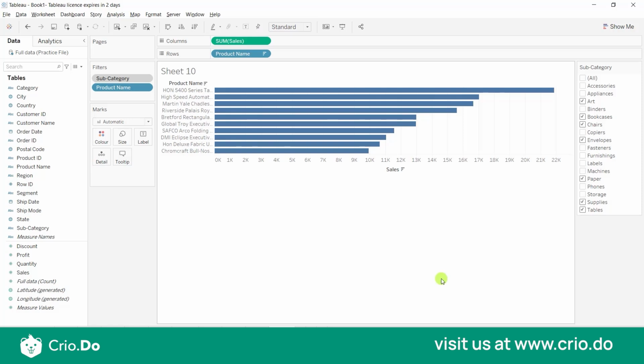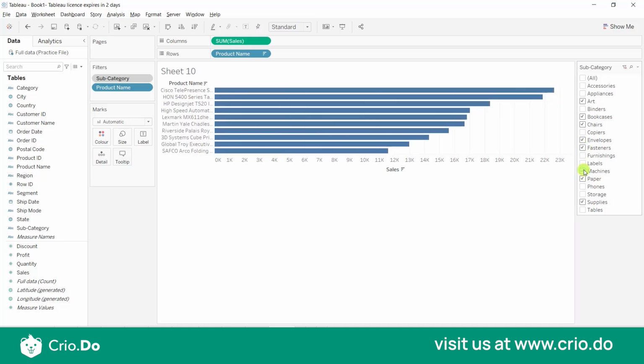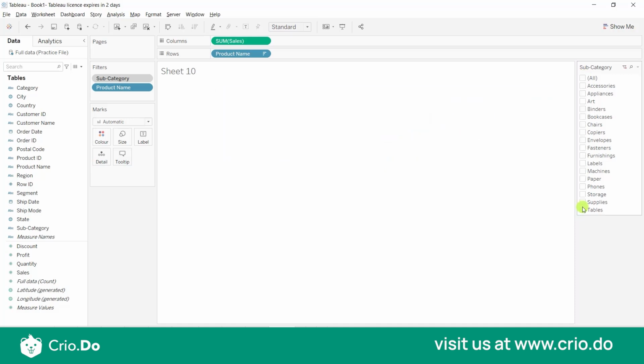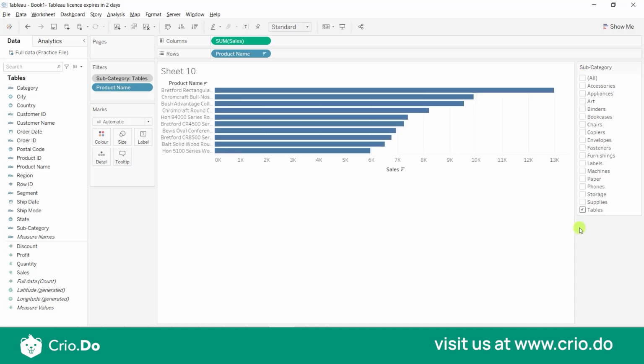Whatever you select over here, that subset of data is created, and in that subset of data, it will look for the top 10 products, and this top 10 is completely dynamic. Look how cool it is. You just have to uncheck or check the data here. Tableau will do all the search process at the back end, and it will throw up all 10 products related to that particular category. Even if you select one or two, let's say tables, it will look for the tables